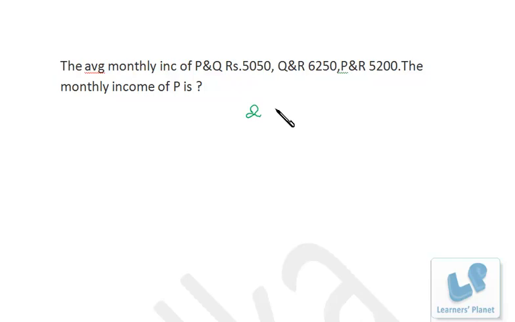So R minus P is 1200 and R plus P is 5200, right? So if you want the salary of P, deduct 1200 from 5200, that will come to 4000, and half of that, that's 2000, right? So 2000 is the salary of P. Okay, basically no paperwork is required at all.